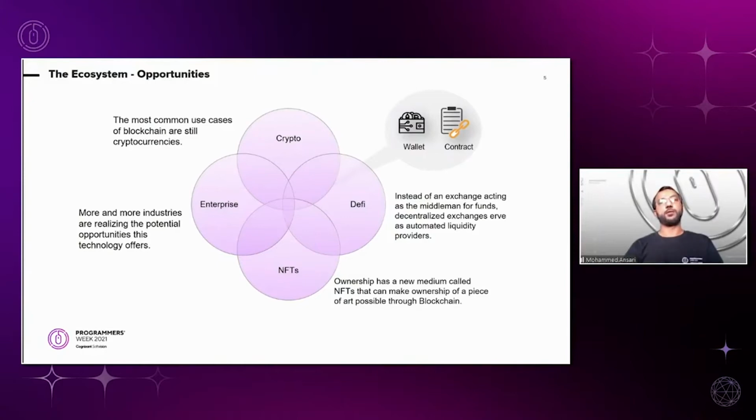One of them is the wallet. A wallet is something that you must have in order to interact with the blockchain network. It is something that at the lowest level stores your public and private keys. Public and private keys are essential to the working of blockchain. There are no user IDs or passwords when you're acting in the blockchain network. You have to have your private key stored somewhere. So the wallet is the place that stores your private key. There are different types of wallets. We are going to discuss that later in the discussion.